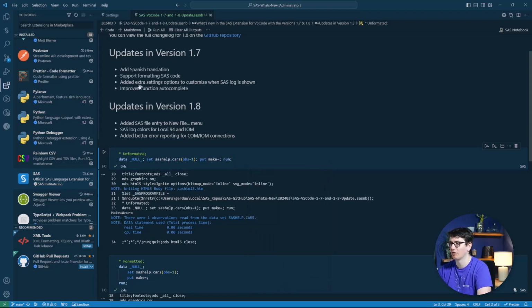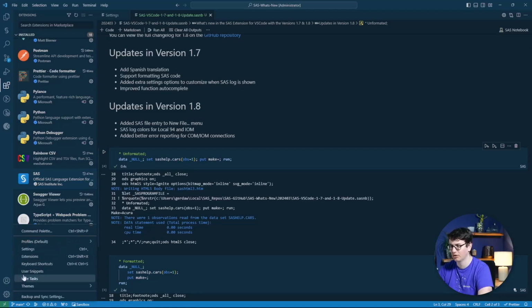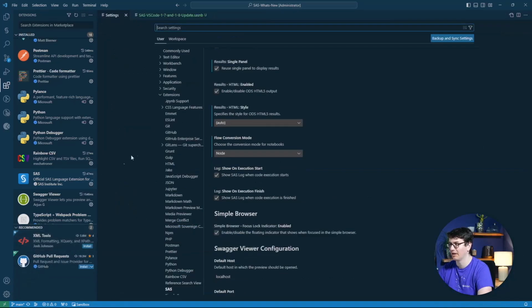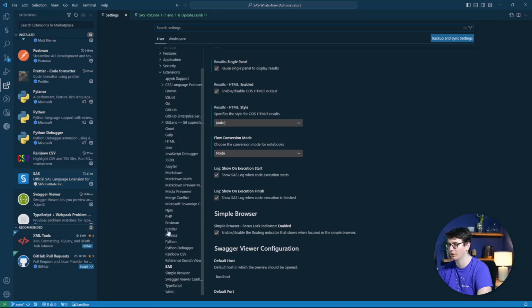Next, we're gonna jump over to the settings where you can change the behavior of how SassLog shows up inside of VS Code. So go to the manage icon on the bottom left of VS Code, go to settings, and then on the left-hand side, expand the extensions part, go to Sass, and here you will find two new checkboxes that are checked by default called log show on execution start and log show on execution finish.